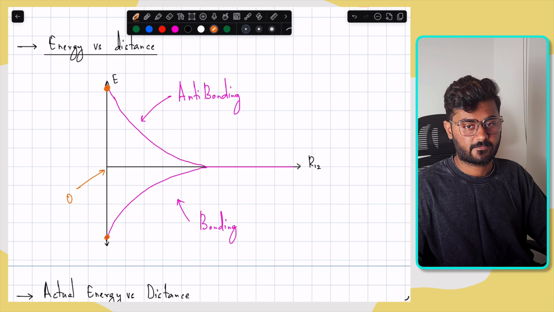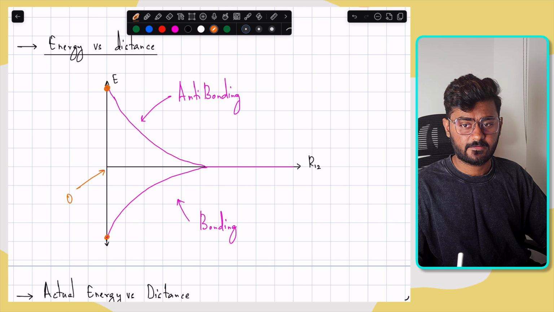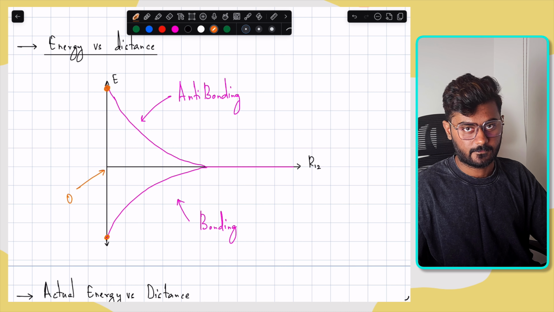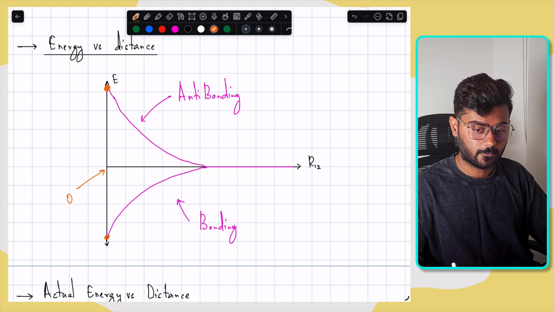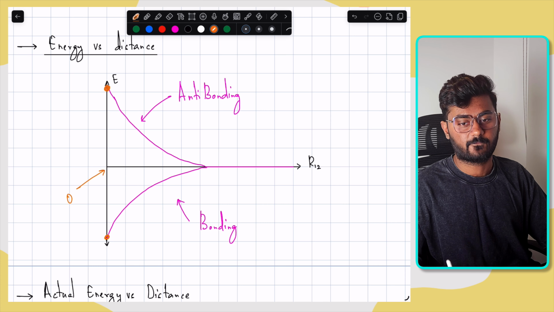So in short, what it is trying to tell us is that the system, or the atom, has minimum energy when the atoms are touching each other. And we know for a fact that this is not true. The reason is that so far we have only considered the force of attraction between 2 atoms. But when you bring the atoms very close, there is also a force of repulsion